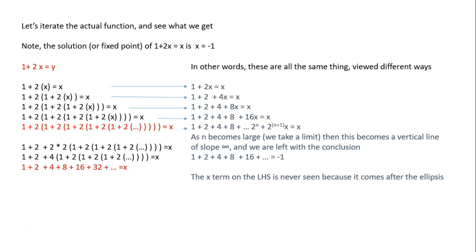1 plus 2 parenthesis, 1 plus 2 parenthesis. At every point, this equals the original value, because we always say x equal to what x is equal to. We just did it a whole bunch of times. Now, if we multiply that out, we get 1 plus 2 plus 4 plus 8, up to 2 to the power of n, plus 2 to the n plus 1 times x, equals x. But you don't see that x term, the 2 to the n plus 1 times x. If we do it infinitely, it becomes buried.